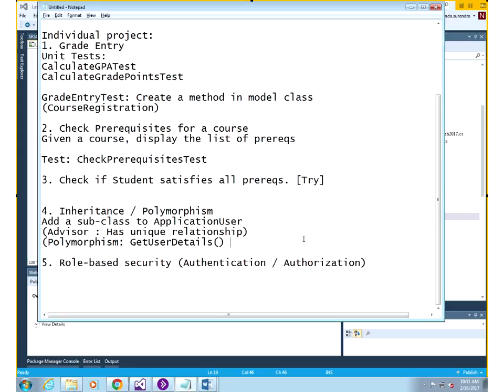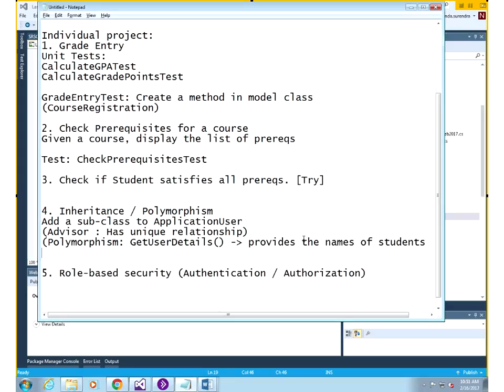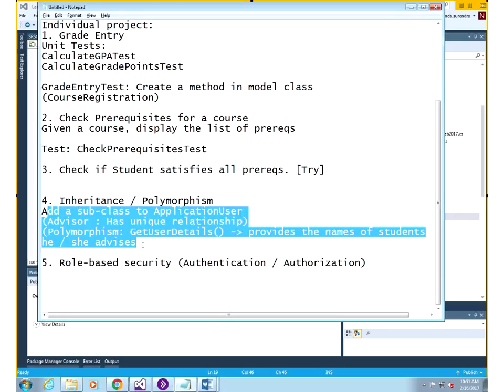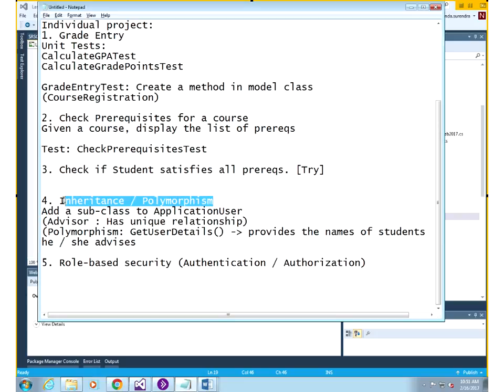This is the polymorphic method, which provides the names of students he or she advises. If you can do that, then I can start seeing that you understand this concept. Those are the things I want you to add on